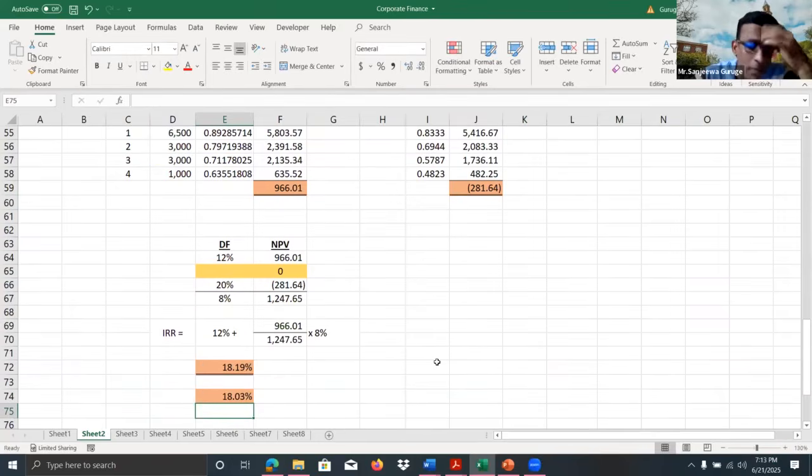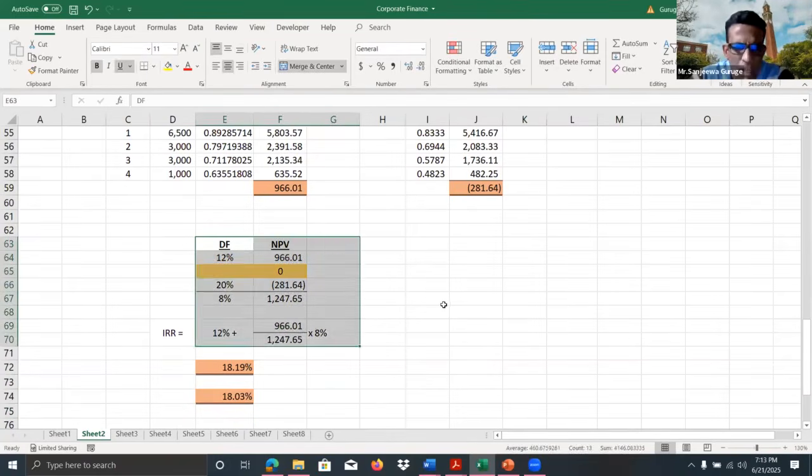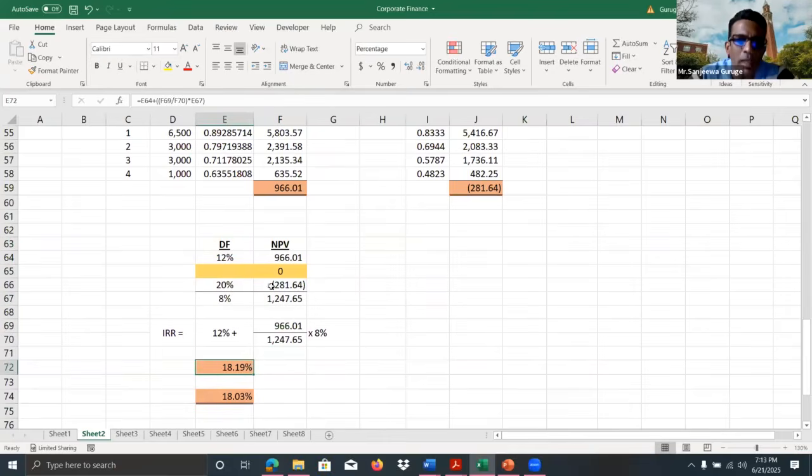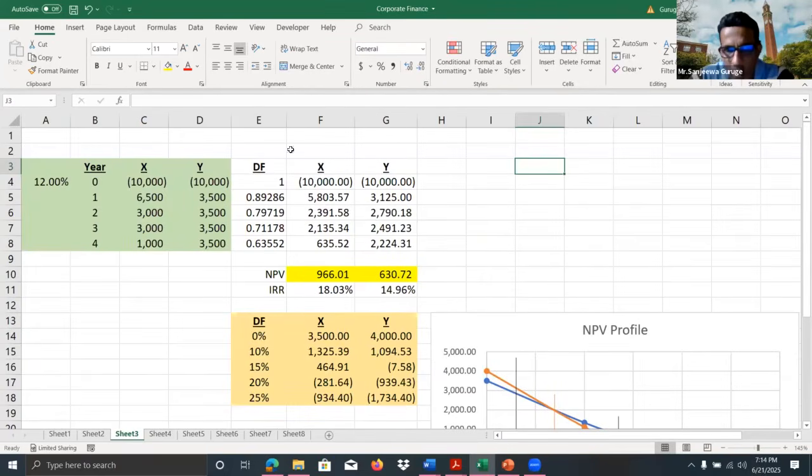But if we are going to do it manually, this is the method by which we can calculate, right? But here you can see the manual method, even with an 8% gap, we get a fairly close answer to the perfect answer. So calculation of IRR is not difficult, right? IRR can be calculated easily. And here I use the same example, right? So I have used the same example to identify the relationship between NPV and IRR.